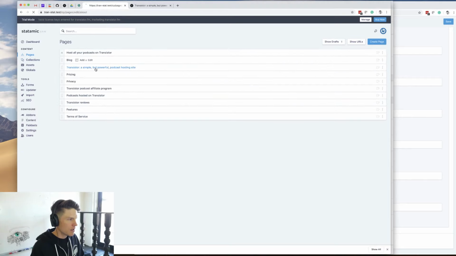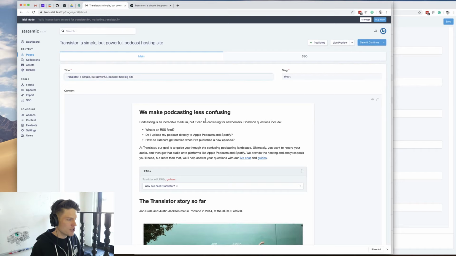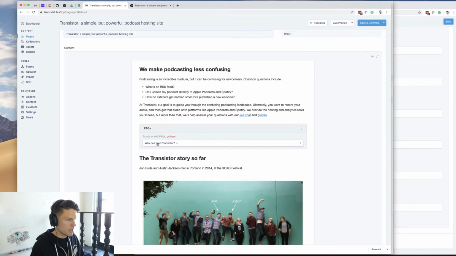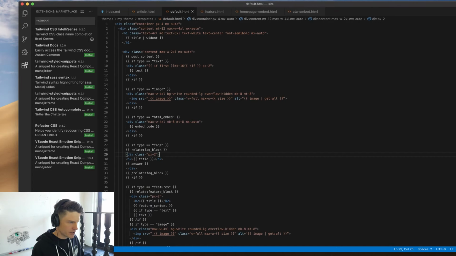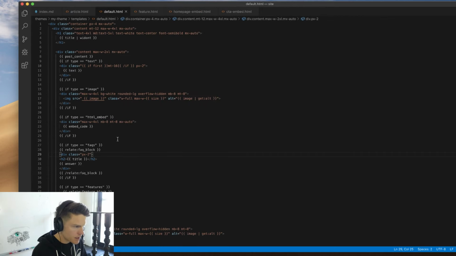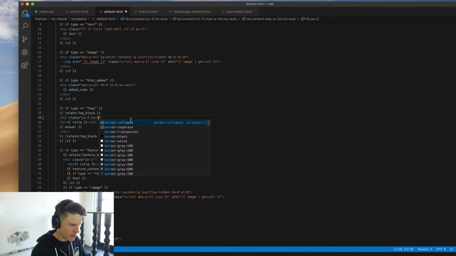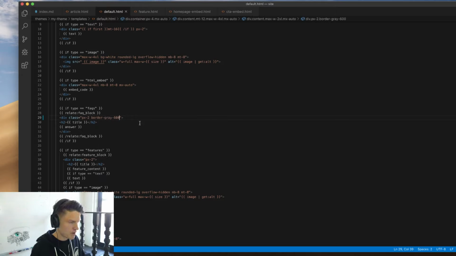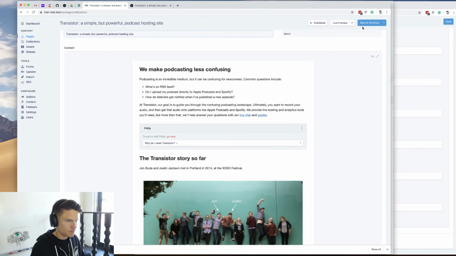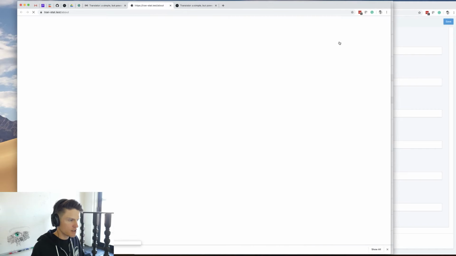So right here in my About page, if I want to show a frequently asked question here, I can do that. And maybe actually I'll just style this a little bit differently so you can see what I mean. So let's go down here to frequently asked questions, and let's just add a border around this. Maybe we'll just make it gray like that. Okay, so if we visit this URL now,